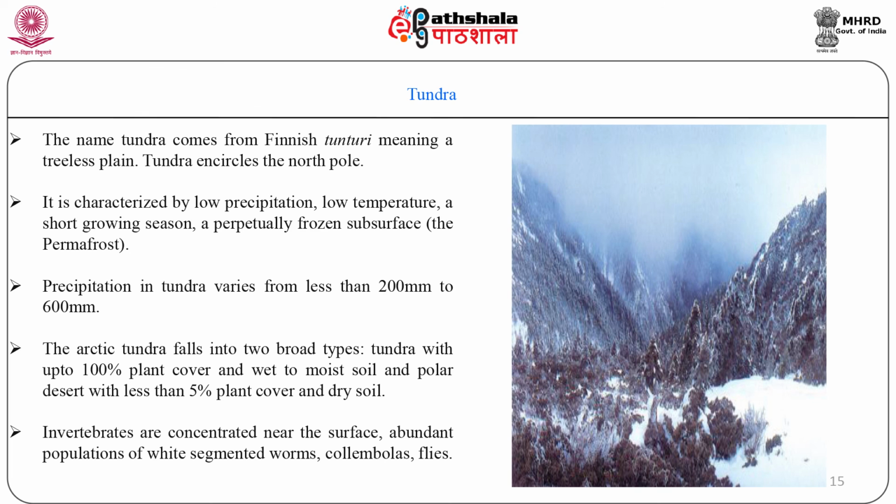About the soil. Soil formation is slow in the cold tundra climate. Rates of decomposition are low and, as a result, organic matter accumulates in deposits of peat and humus.